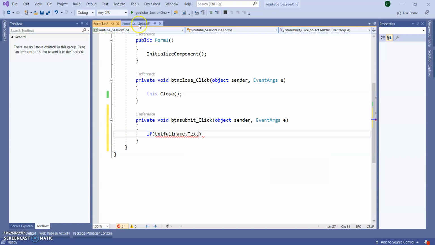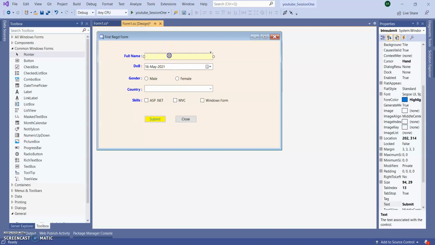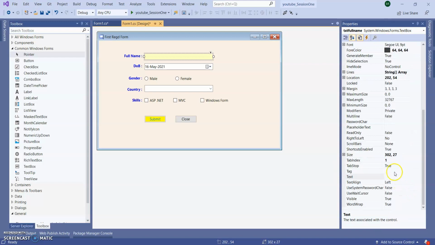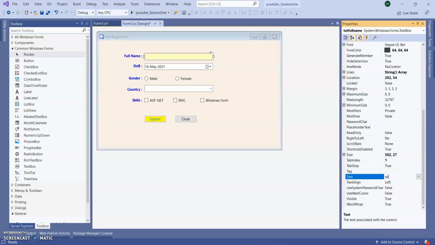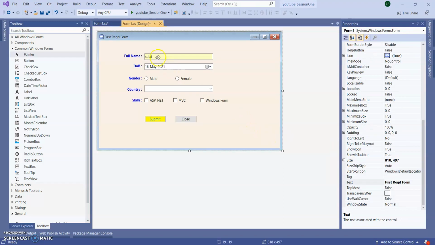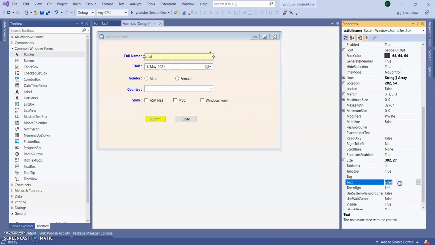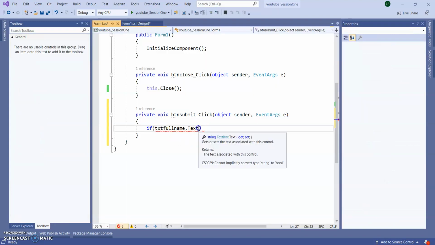You can see the text property is here. If you go to the text box, you can see the text. If I add some static value here, you can see it is added here, right? But I'm not giving static data, I'm giving dynamic data. So if the text equals blank,